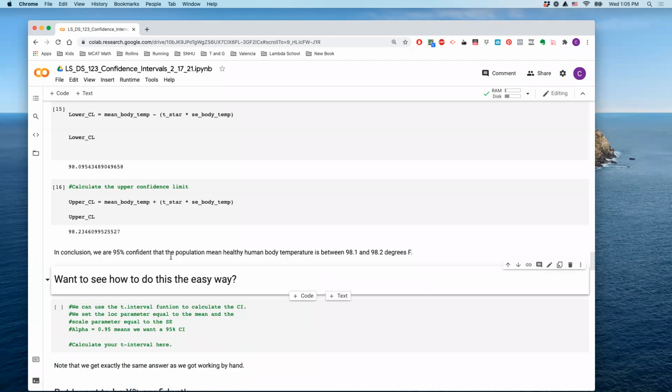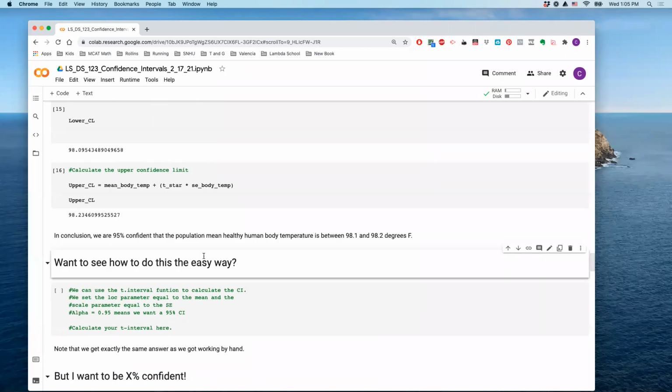So notice here again, when we're talking about the standard error as opposed to the standard deviation, we're talking about how variable means are as opposed to how variable individual observations are. We have a really pretty precise estimate about what the true mean healthy human body temperature is. And again, part of that's because humans can't exist in a very wide range of temperatures.